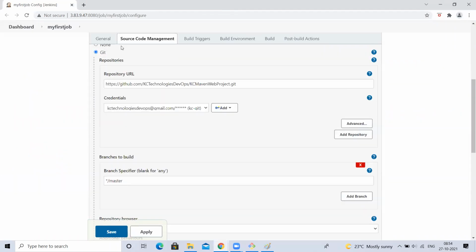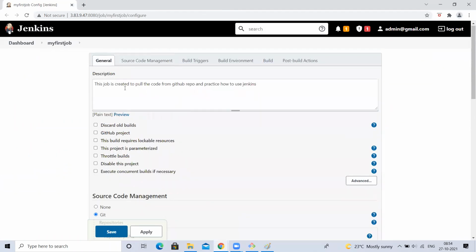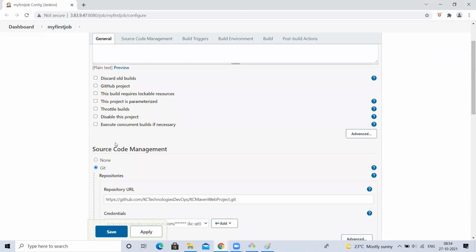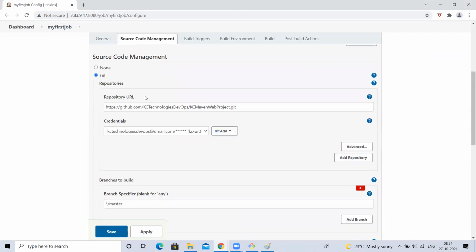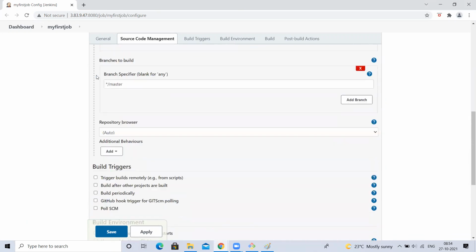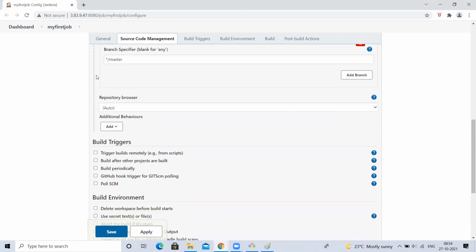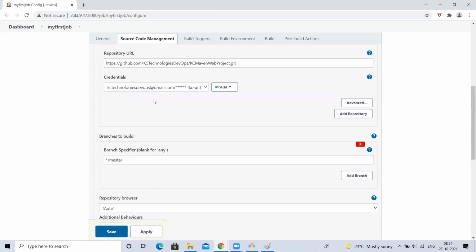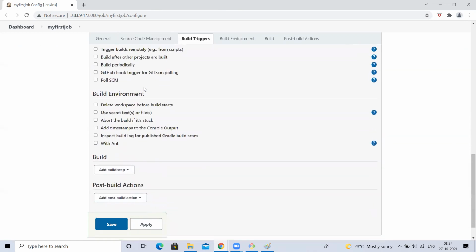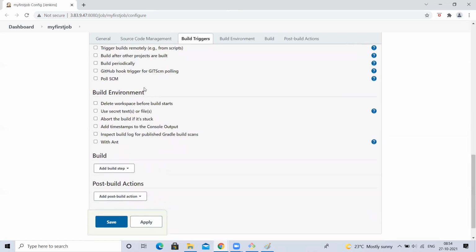One more step. So first step in my Jenkins, what I did is I am creating one job. In the job, the first step I have given is cloning the code from the GitHub repository. Second, if you want to deploy into Tomcat, first we have to get the code from GitHub. Okay, we got that GitHub code. Next step, what I have to do? I have to build using Maven.